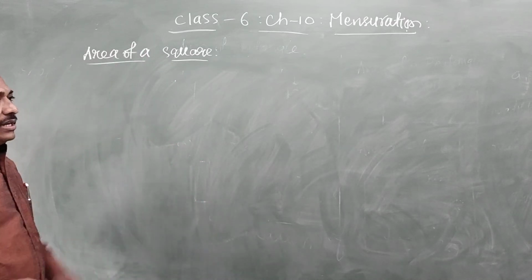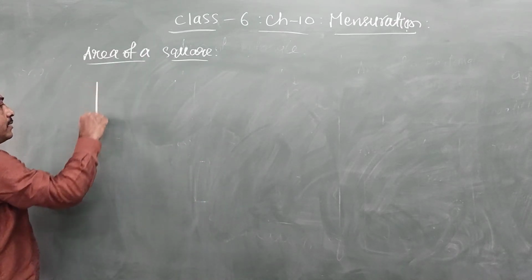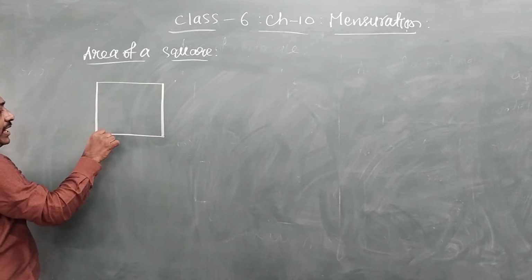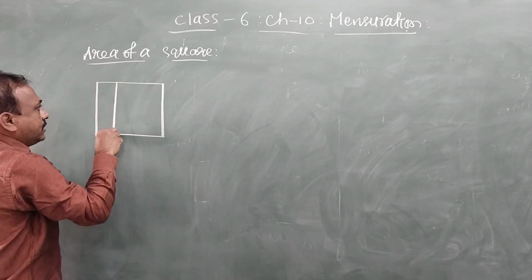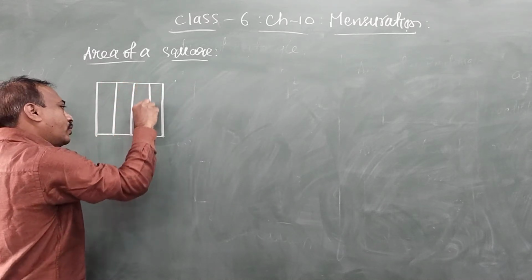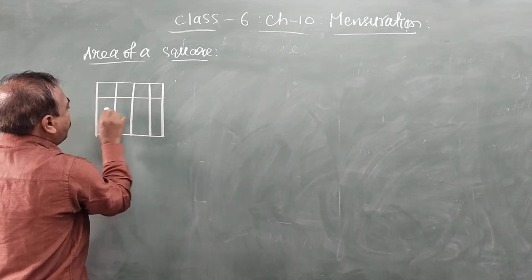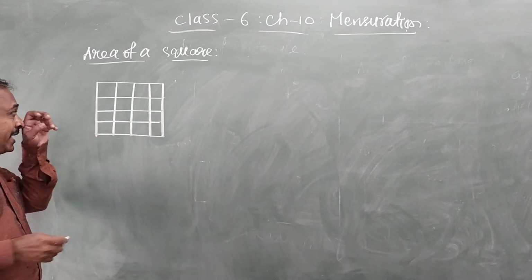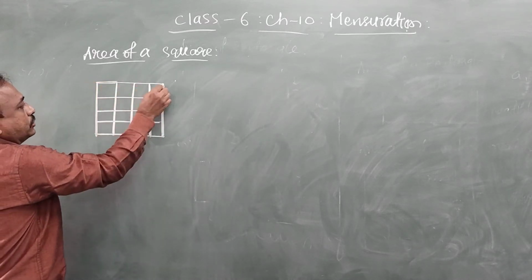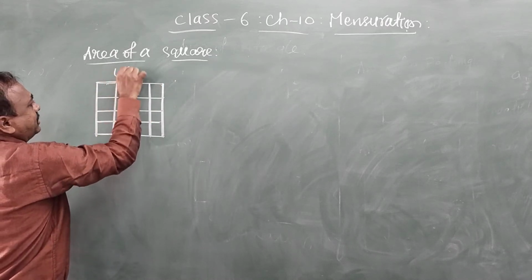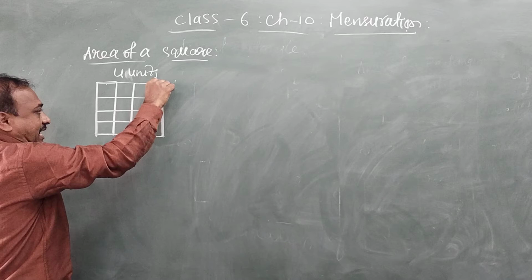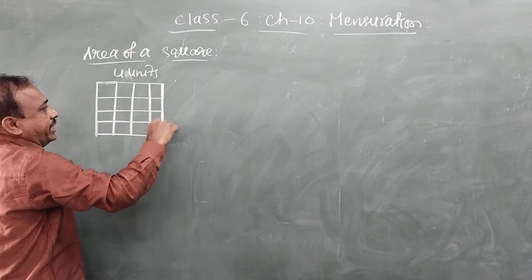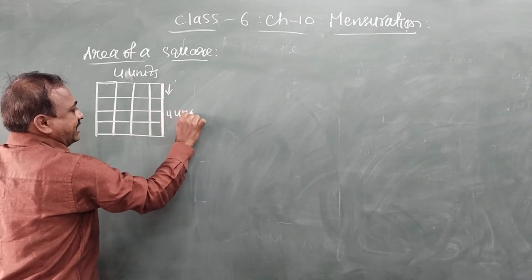Here you can see, a similar process. We are tracing out the number of equal square boxes of one square unit area. Here we made 4 lines each way. Now check it. Each one from here to here is 1 unit distance, so total 4 units distance. Similarly, a square means all sides are equal, so this side also is 4 units.